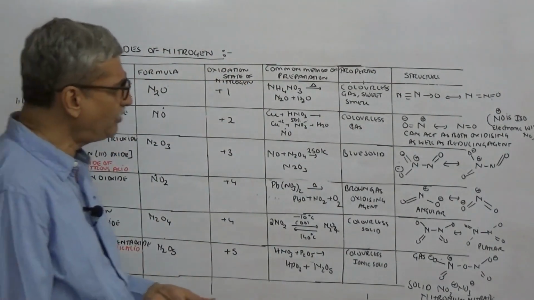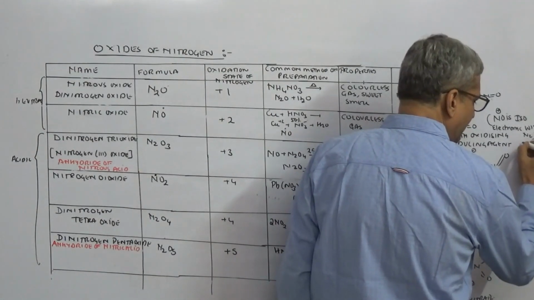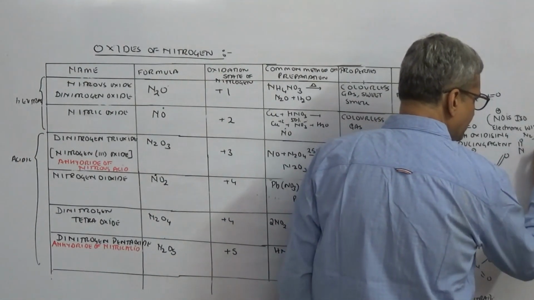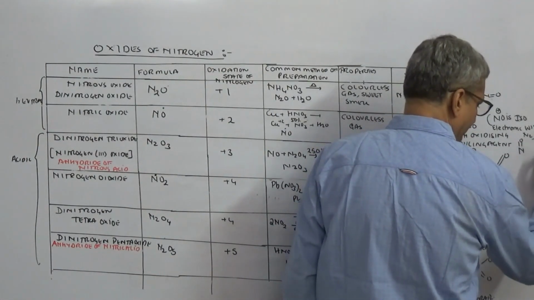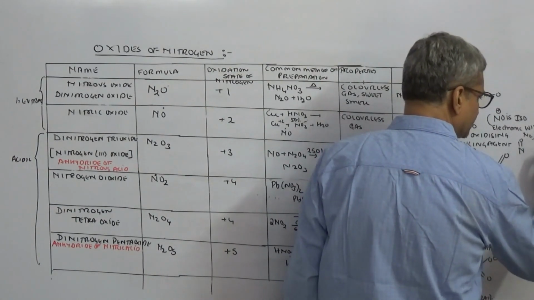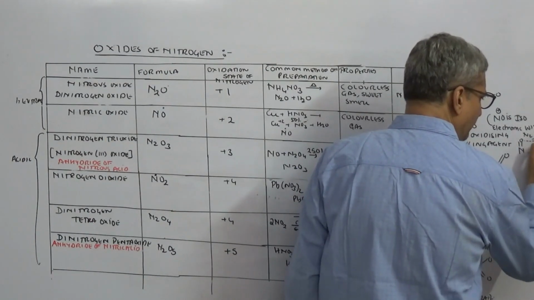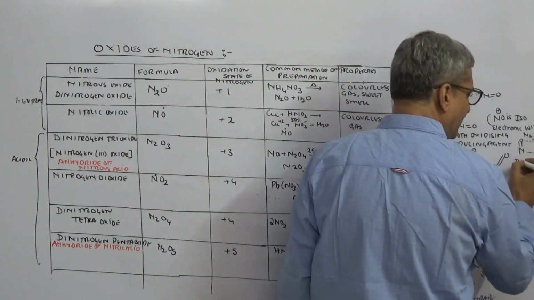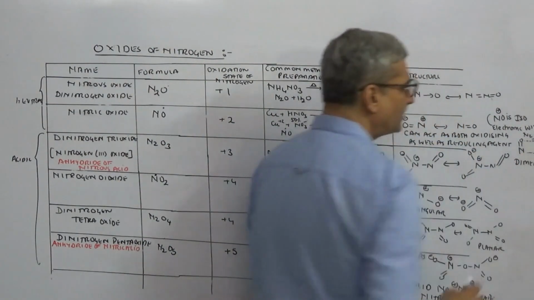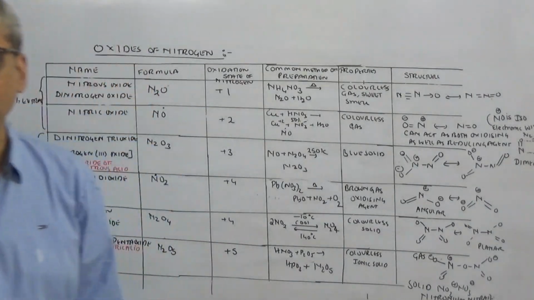We can always add over here that NO, I missed it, nitric oxide also exists as a dimer. So this is how it can exist as a dimer. Okay, I forgot it. And then, so this is about